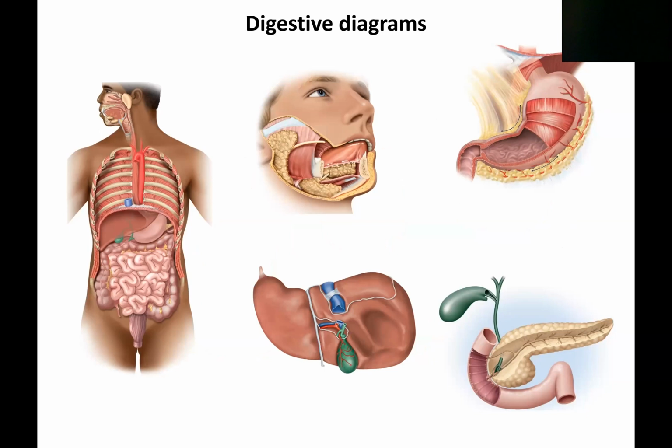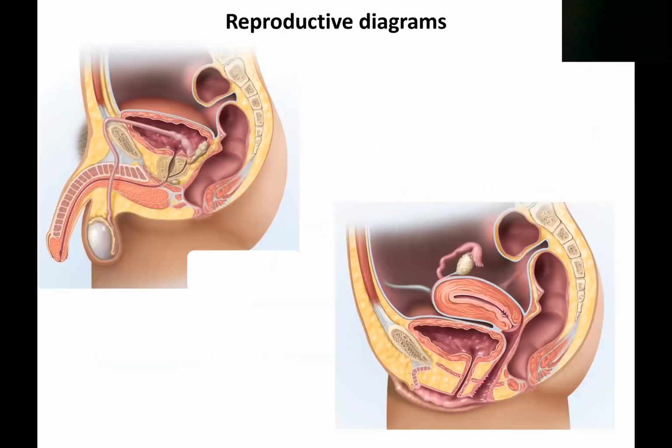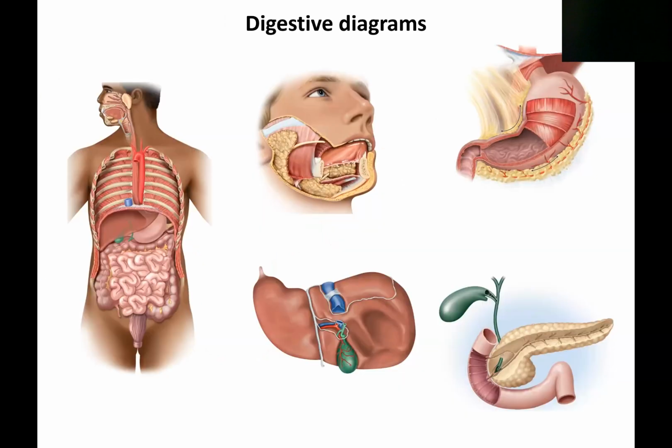Okay, so this is the digestive lab. You have several of these diagrams. You have one that's similar to one of the models that we're going to look at. We use this one